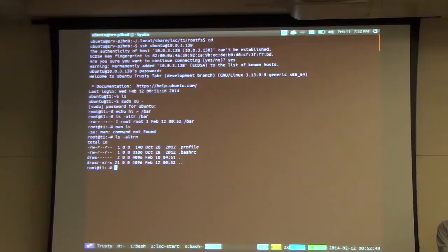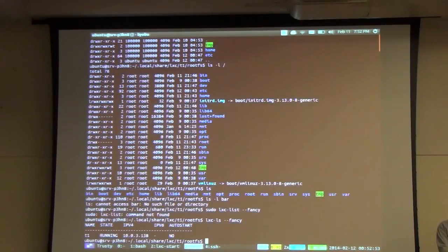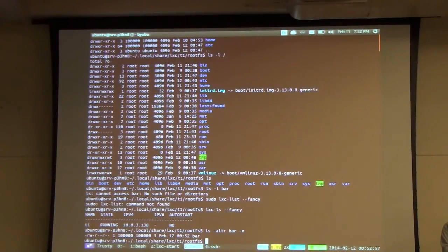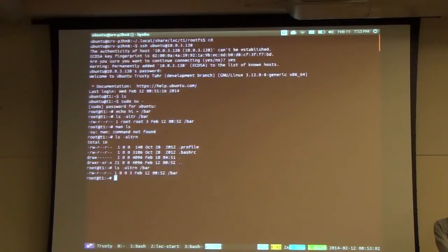Yeah, okay. There, so that's 0, 0, right? And outside, that's it, that's owned by that. Yeah, but inside, that ID is mapped, so he thinks